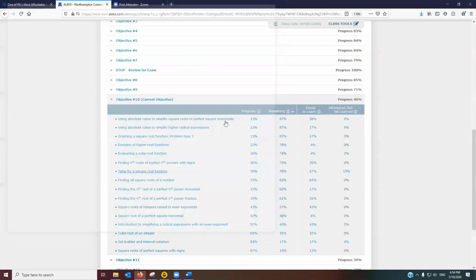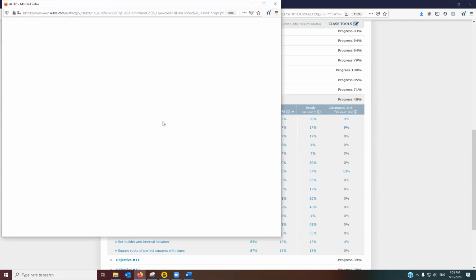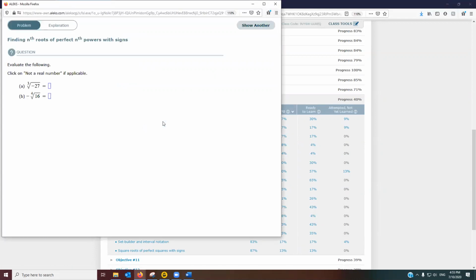Let me go here. And it wants me to work out the third root and the fourth root. So let me give you a little bit of background. Remember, when we work out the square root of 25, it's asking us what number times itself equals 25. So really what we're figuring out here is because 5 times 5 equals 25, then the square root of 25